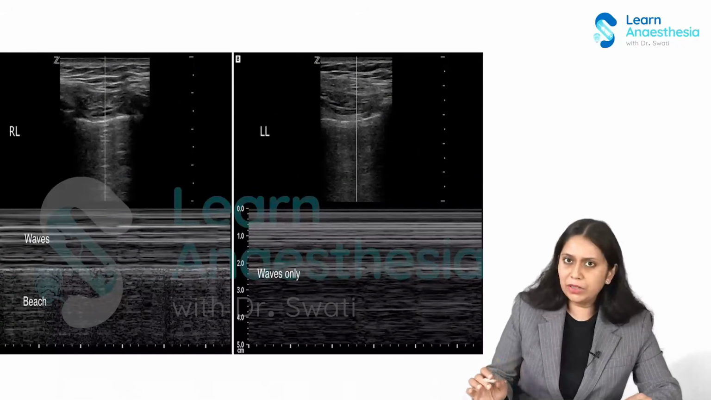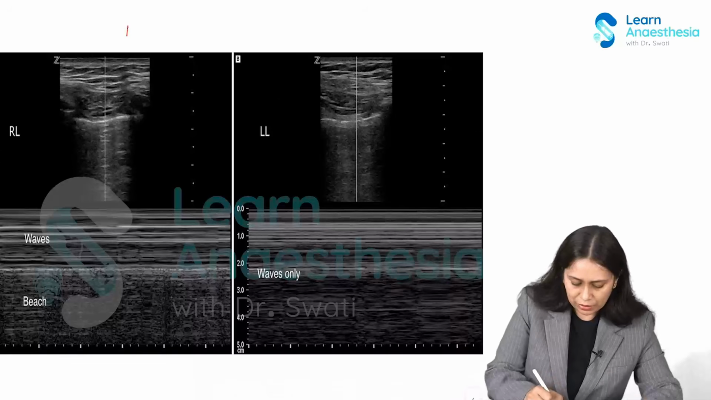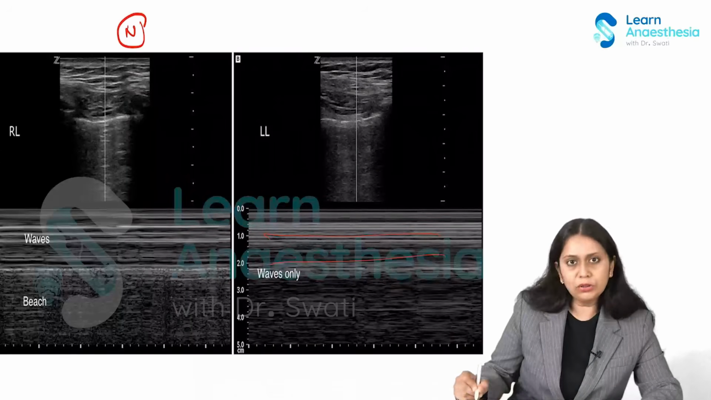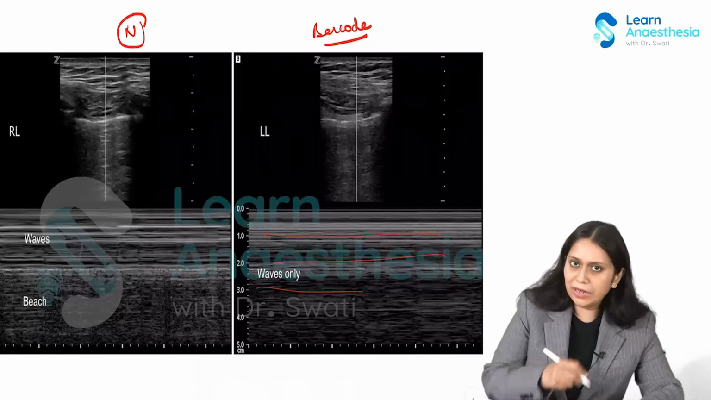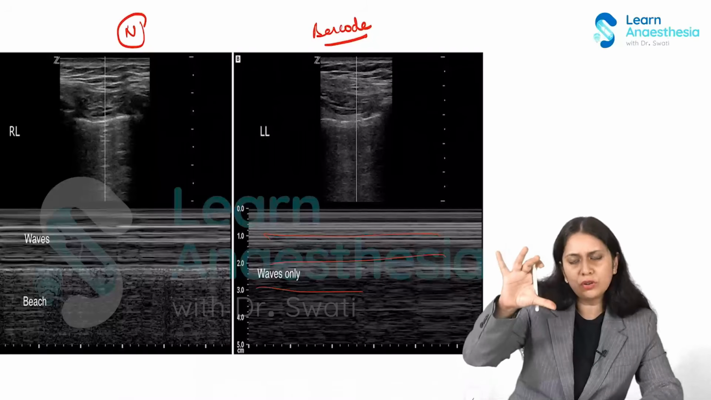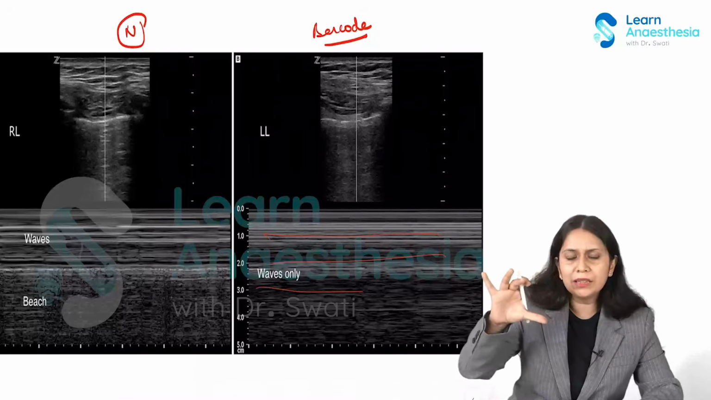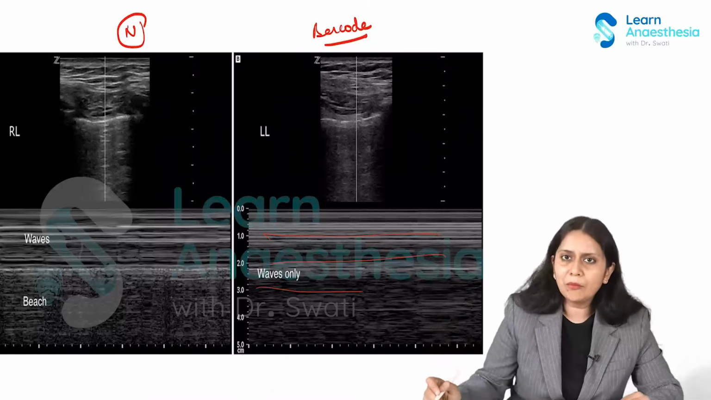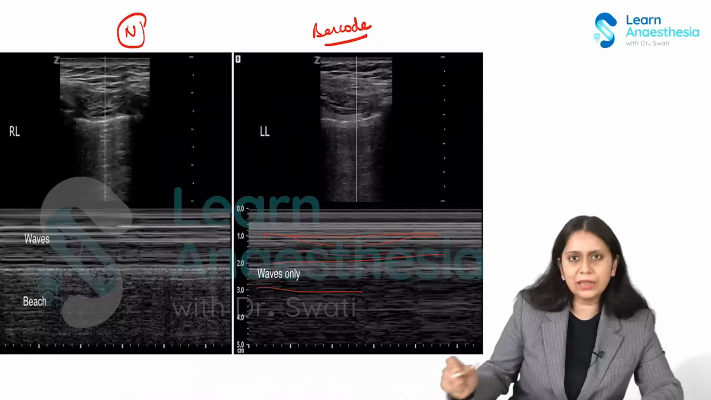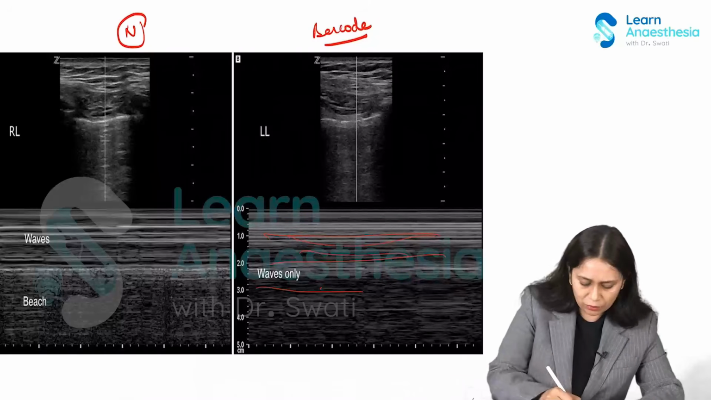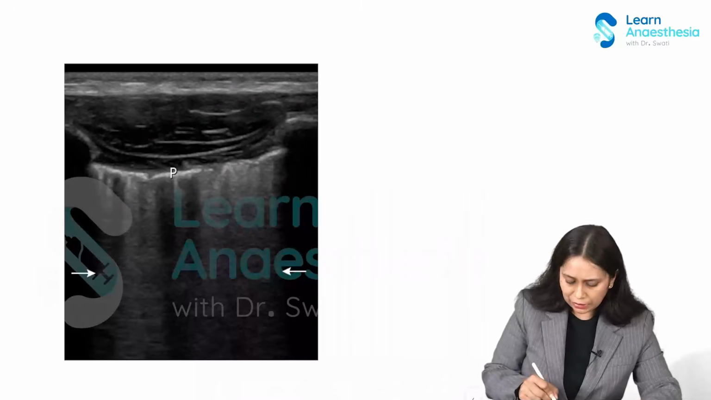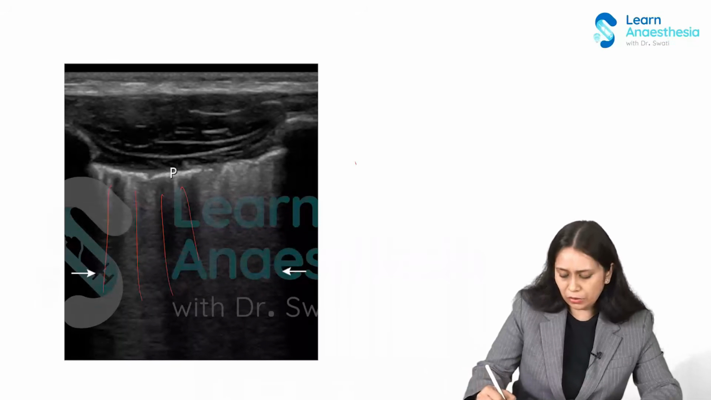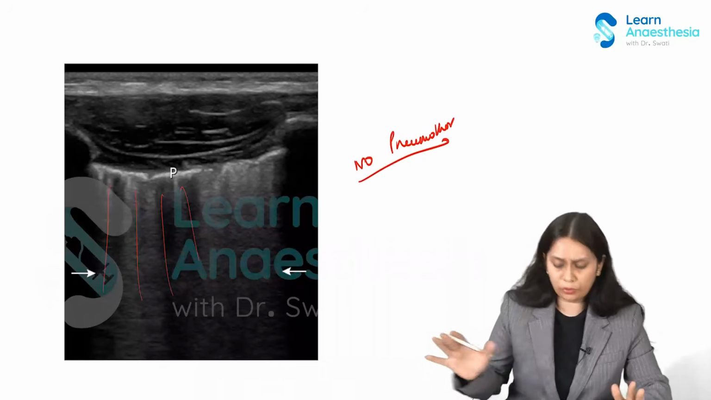Then when we do the M mode, this is normal, the seashore appearance, and with pneumothorax we will get this barcode appearance. When you put the ultrasound probe where you are not getting the sliding, put the ultrasound machine in M mode. If you get this barcode sign, again, this is very diagnostic of pneumothorax. And this is the normal seashore sign. So barcode sign and seashore sign. Okay. Then these are the B lines. If this is there, there will be no pneumothorax. So this rules out pneumothorax. Okay. Now let's